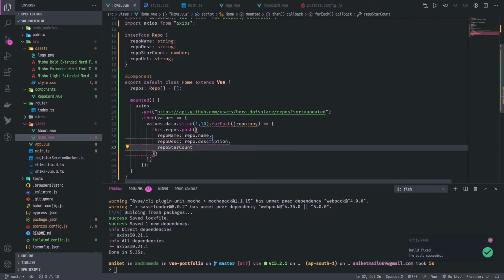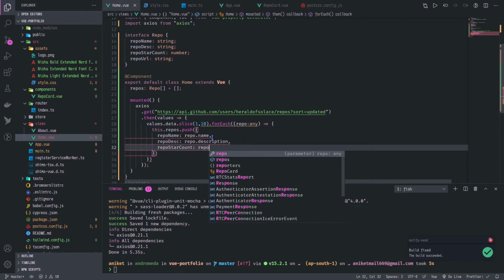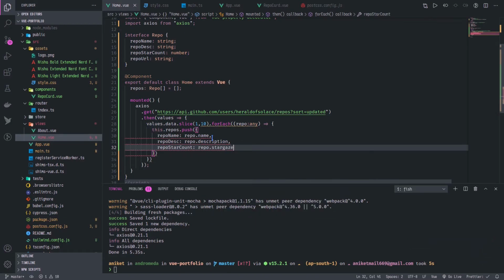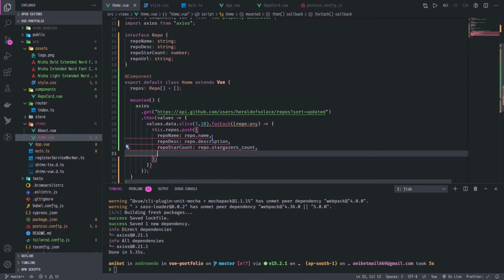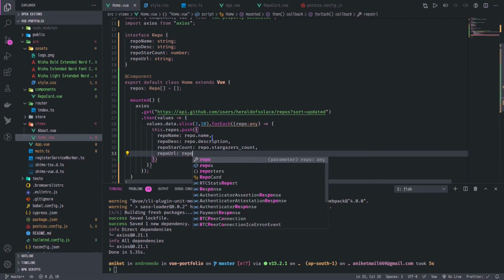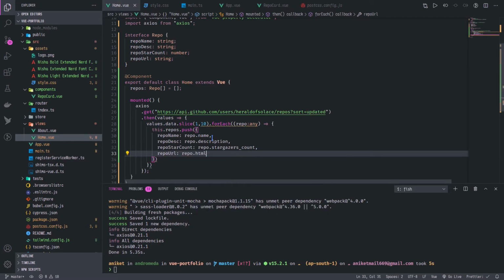Repo star count is known as repo.stargazers_count, pretty weird name. And finally we have repo URL, which will be repo.html_url. And finally, when I have written everything, I can now add it. Alright,